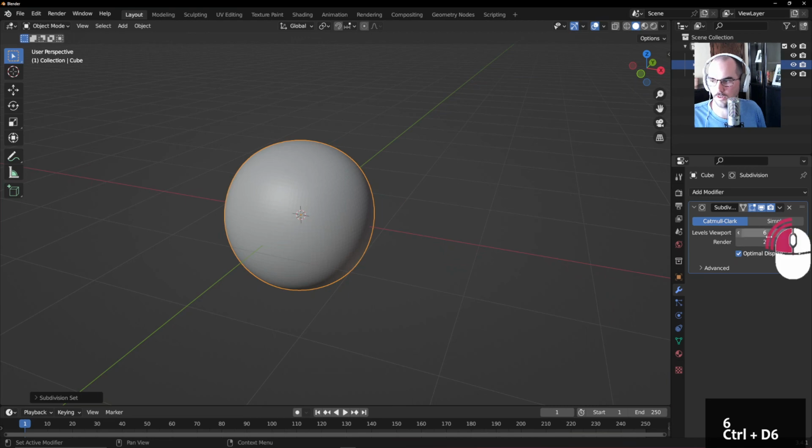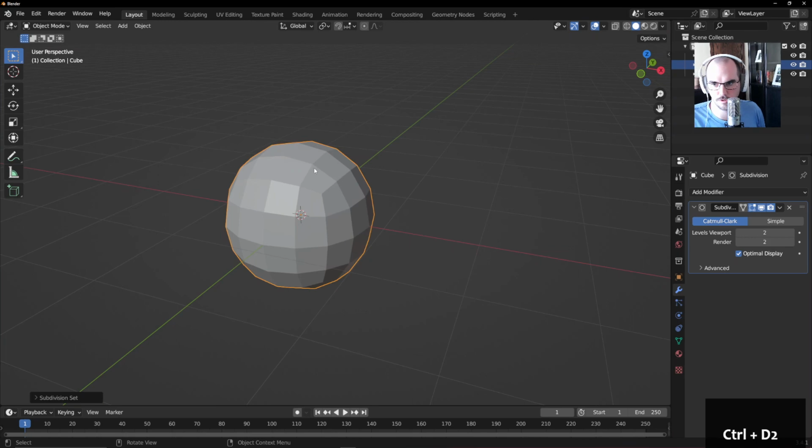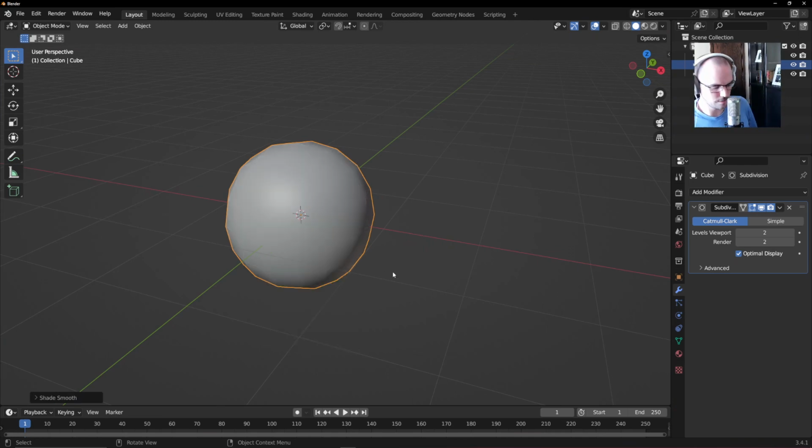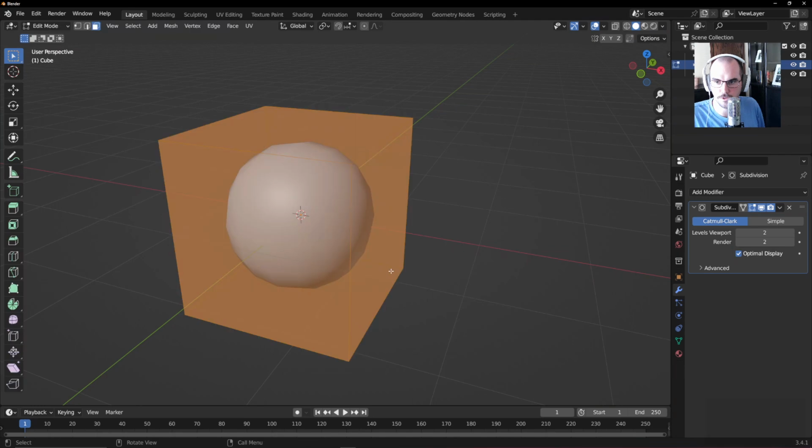Actually, the shortcut only goes to 5, but you can go to 6. But Control 2 is usually a good place to start. Okay, now let's add a shade smooth to this. Let's talk about using this in edit mode. So, tab. When I'm in edit mode,